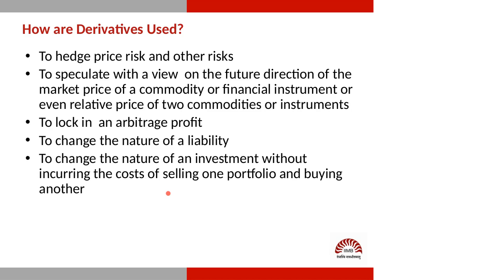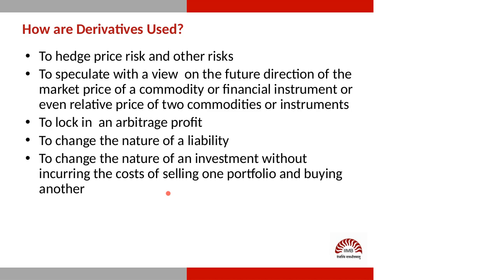That way, I had a liability or I had an asset. I have changed the nature of it. I have got rid of the liability. I've probably converted it into an asset or whatever. I have got the cash, but I have not really exited from the product. So that is a simple example of a swap transaction